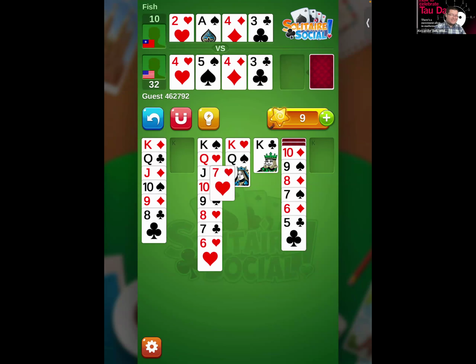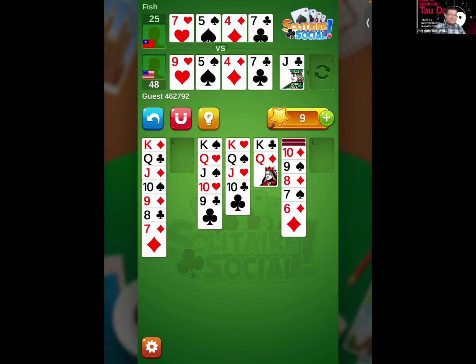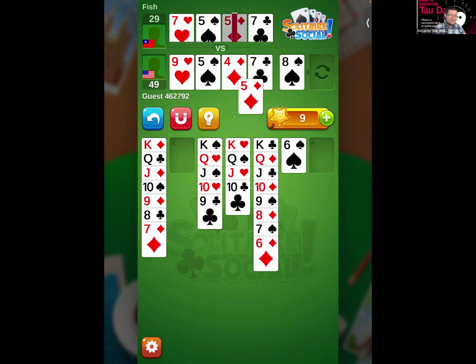7. Let's see. Yes. Yep, we can do that. We need a... there you go. Here's the... no 8. Hold on, let's catch up. Yep, queen. All right. There you go. Queen. Yep. 7. Yes, we can do the 7. Here's the 9. Nope. Jack, there you go. Yes. Flip. Yep, flip. Flip again. There's 10, there we go. 10. Yeah. Flip. Yep, jack. There's the jack, there's the 10.